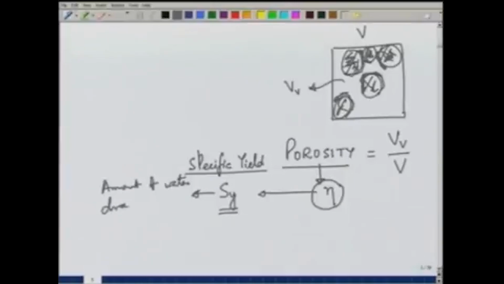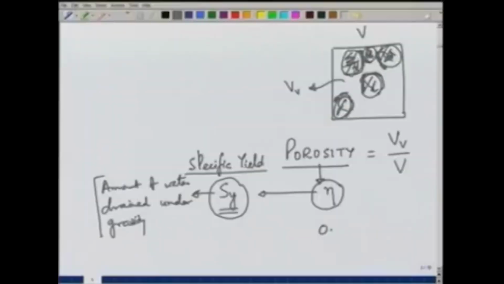So, we can define it as the amount of water drained under gravity per unit volume of the formation. So, specific yield is the term which is more important to us than porosity. Two soils may have the same porosity, but they may have very different specific yields. For example, sand may have a porosity of, let us say, about 0.3, and a specific yield may be of the order of 0.1 or 0.2,